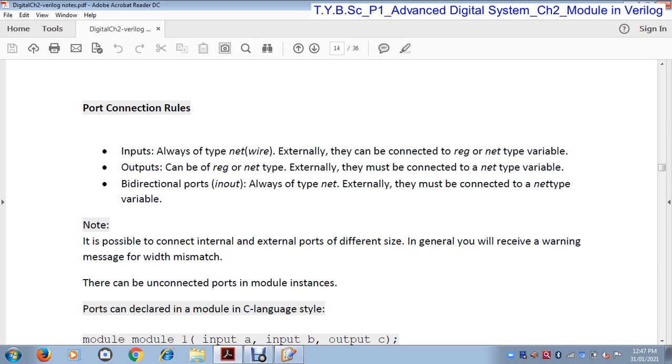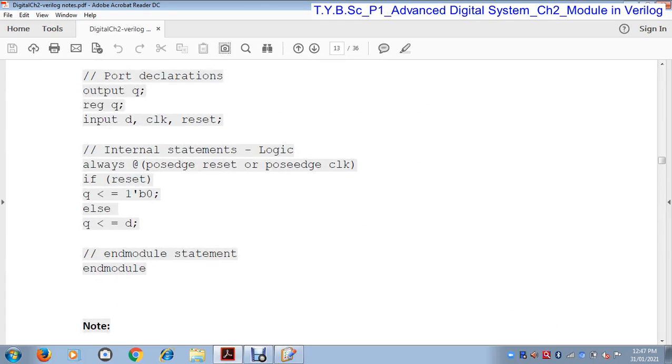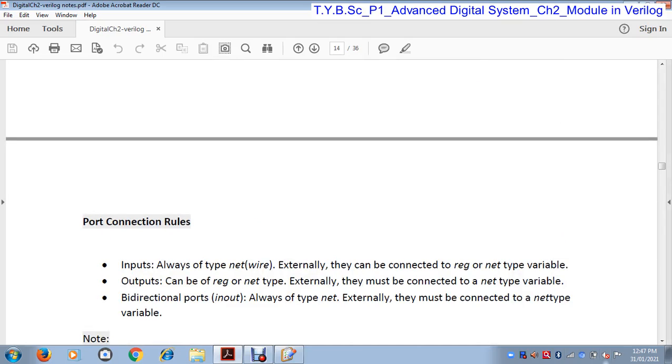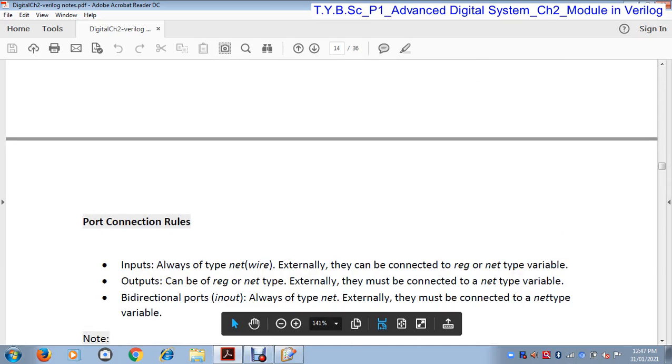So an input port is always a net type. Externally, it can be connected to a register or net data type variable. These are the input ports, clock and reset, that means they are wire data type. So this wire data type variable can be connected to a register or net data type variable.